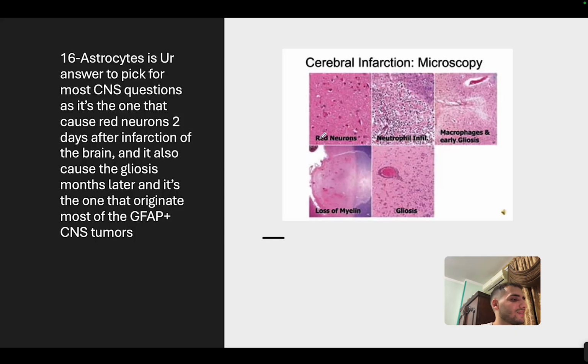The last thing is that astrocytes are usually your way to go in any question asking about the nerve cells. Because astrocytes have a lot of functions, like forming the blood-brain barrier and getting rid of neurotransmitters. But one of the most important functions is that after cerebral infarction, it would cause something called red neurons, which would happen usually at 1 day, not 2 days, okay? After cerebral infarction. And after months of cerebral infarction, it will cause something called gliosis, which is a substitute